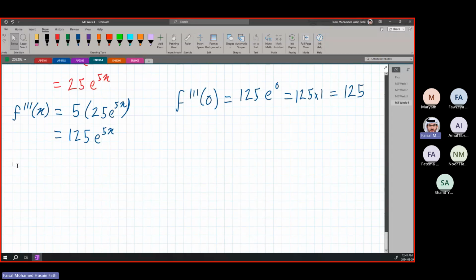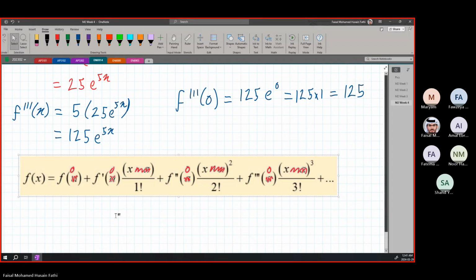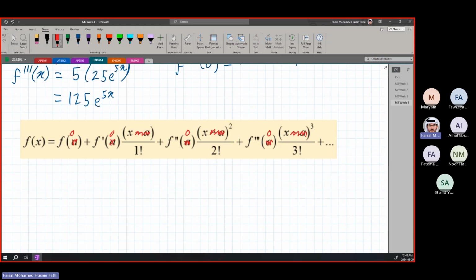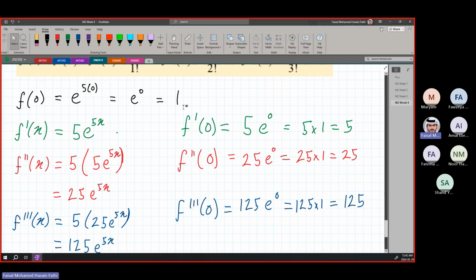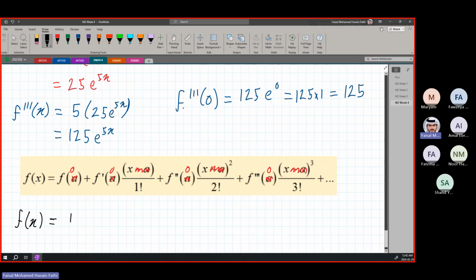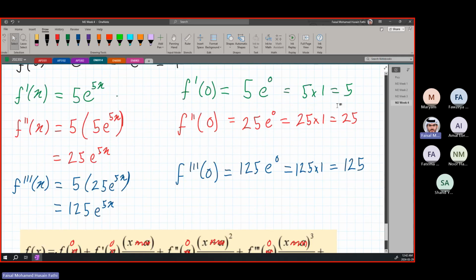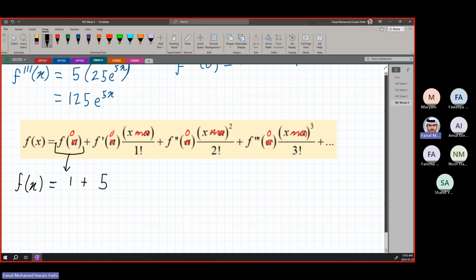So if we just bring this equation down here, okay. Again, if you notice, the difference here is we just have 0 instead of a. That's the only difference. So again, f of x is equal to f of 0. F of 0, we found it to be 1. So this is 1 plus f prime of 0, which is 5 times x. There's no a, it's just x over 1 factorial, which is just 1, plus,